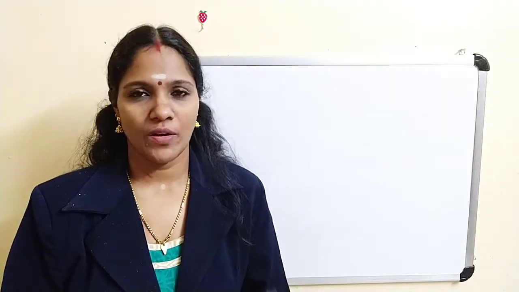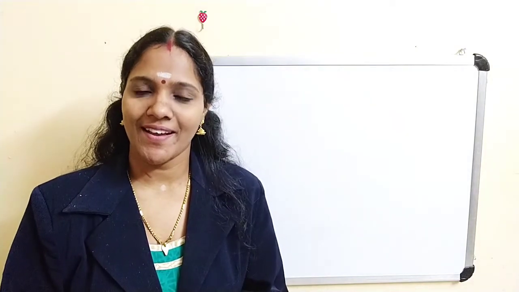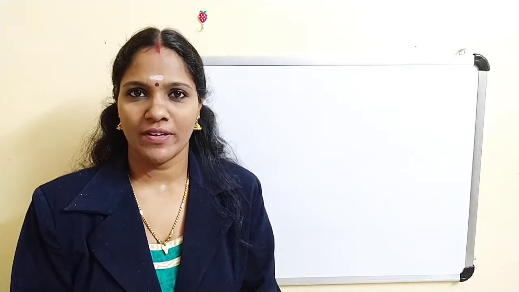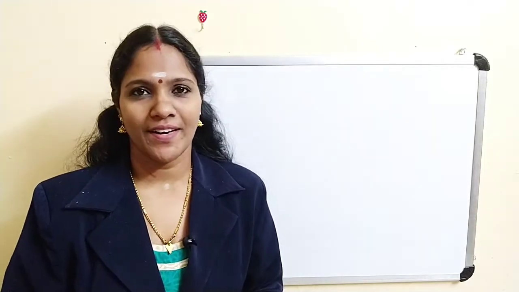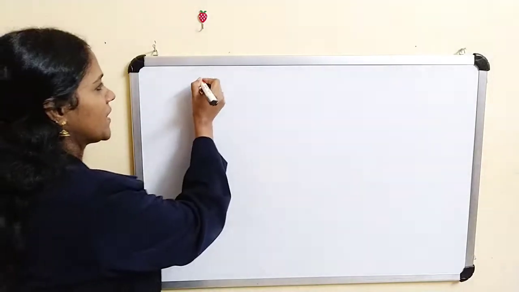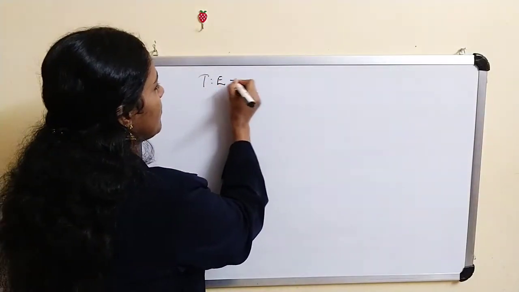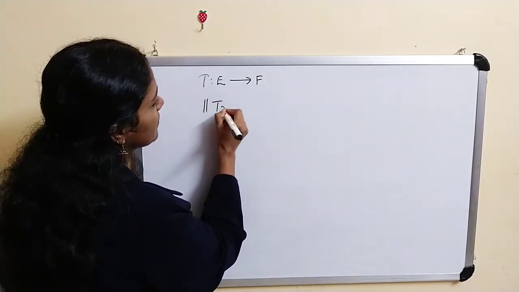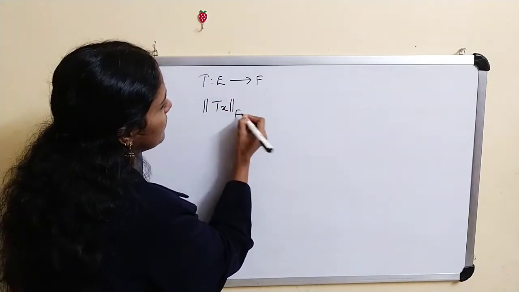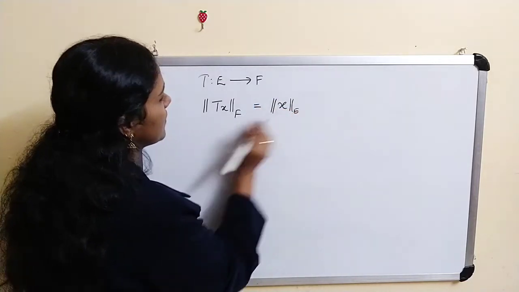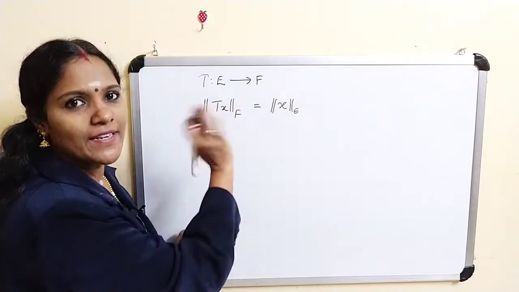Okay. Now we are going to prove this map I from x to x double star, defined by x goes to I of x, is an isometry. Now we have to prove this map is an isometry. So for proving some T from E to F is an isometry, it is enough to prove that norm of Tx under F is equal to norm of x. This is what we have to prove, to prove T is an isometry into.